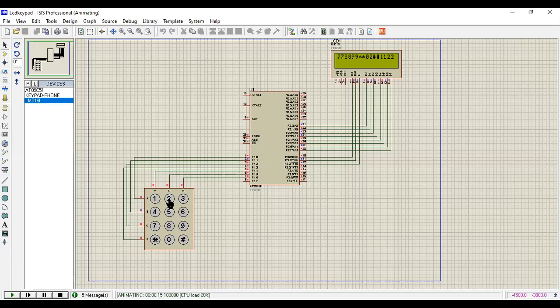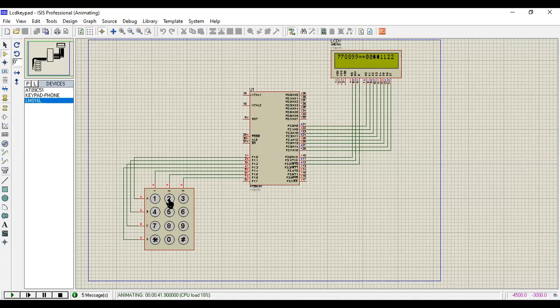So this is how you write the code in embedded C programming and generate the hex file. Whatever that hex file is, you select it in the Proteus software and see the output simulation. You are selecting the microcontroller 8051, the keypad, and the 16 cross 2 LCD, and connecting the pins.